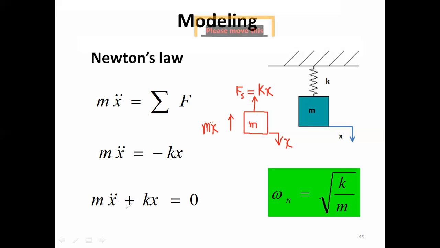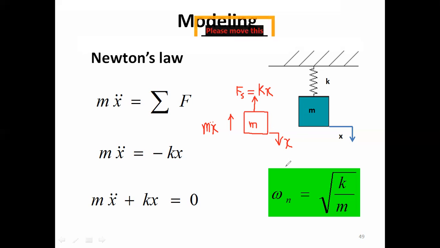These are constant, n is constant, k is constant. So the coefficients are constant, and also you could see that the power here is 1, and also the power here is 1. So this is a linear differential equation. So we have a linear second order homogeneous differential equation, and that differential equation represents the motion of this system. So we call this a governing equation or equation of motion